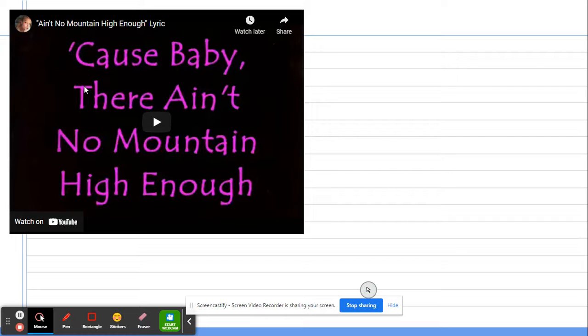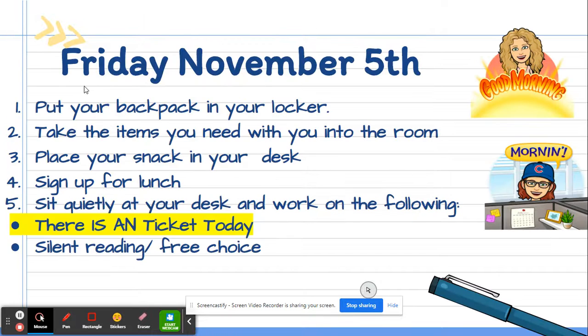Then, if the other Apple TV is working in our room, and Ellen can help you with this, we usually play music for the kids in the morning on one of the devices and have the directions from slide one up on the other. If the other device isn't working, sometimes the Apple TV doesn't work, then don't worry about playing the songs.